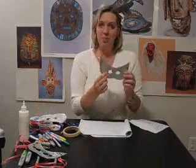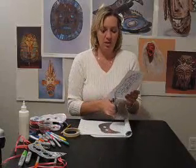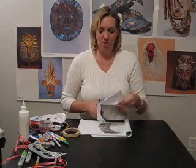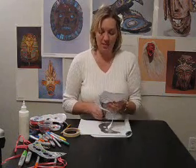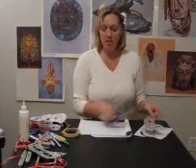After you complete taping it down, you can come back to your original mask. Now what I would do is I would cut out this design here. And after you have it all cut out, you can once again tape it down onto your mask. And then you can trace right over all of your lines that you have there with your dull pencil. And after you trace all of your lines down,